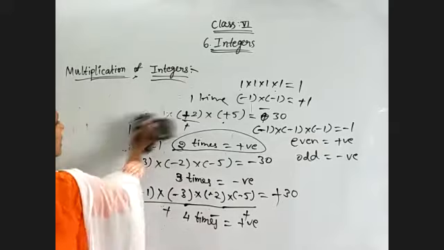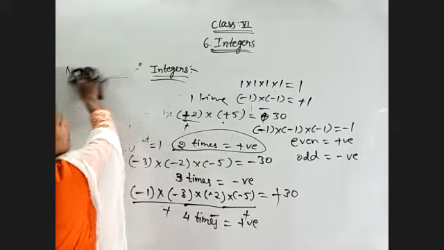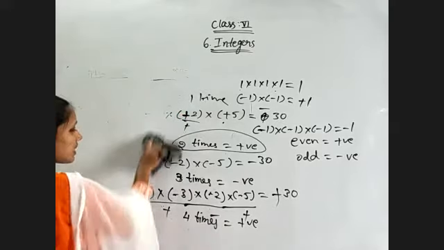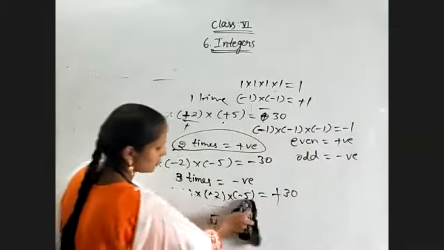Remember these rules. So that is about multiplication of integers. And by multiplying which integer do you get the same number as the result? I am asking about identity elements.